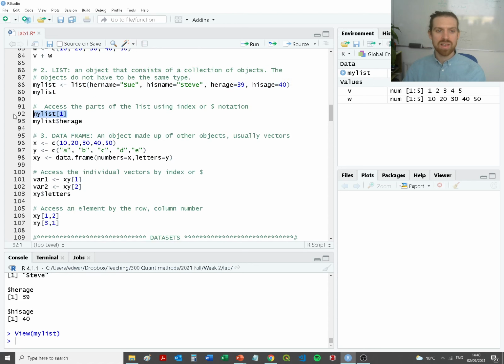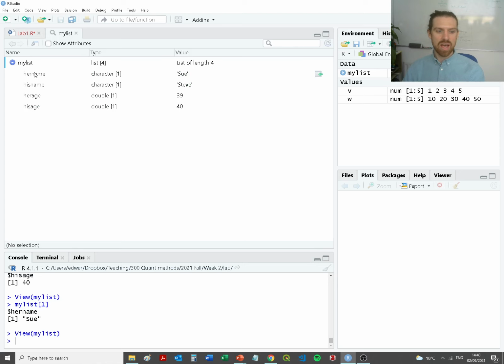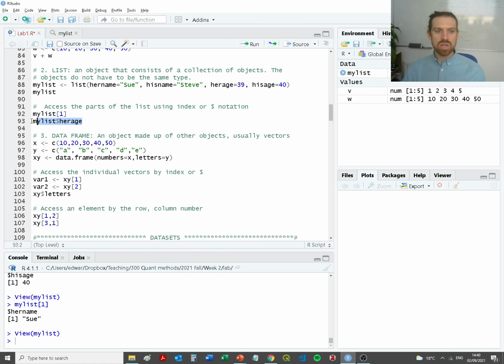Now you're able to access parts of the list. So if we go my list square bracket 1, what it's basically done is it's gone into my list and found the first value that we have within that list, which is Sue, and it's printed it to the console, okay? You could also, if you wanted to, which is much preferable, rather than indexing by number here, which is basically saying just go to the first row in the list and get me that item of data,